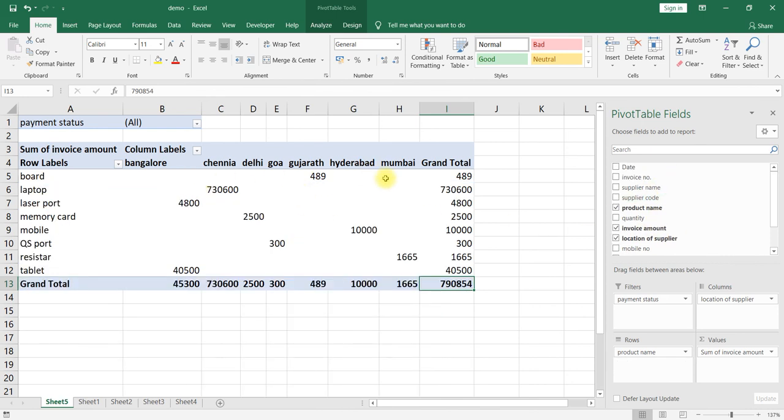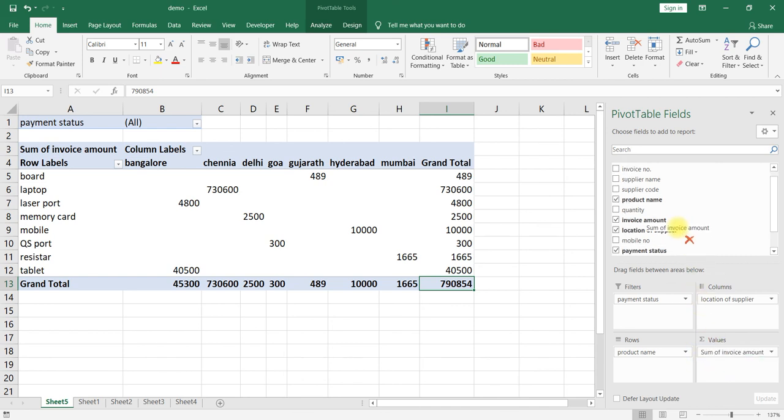Like this we can use the pivot table. For pivot tables, we just have to drag and drop the different columns to arrange them row wise, or column wise, or in a filter. Whatever you would like to filter, you filter here. And whatever you would like to calculate should be in a value.